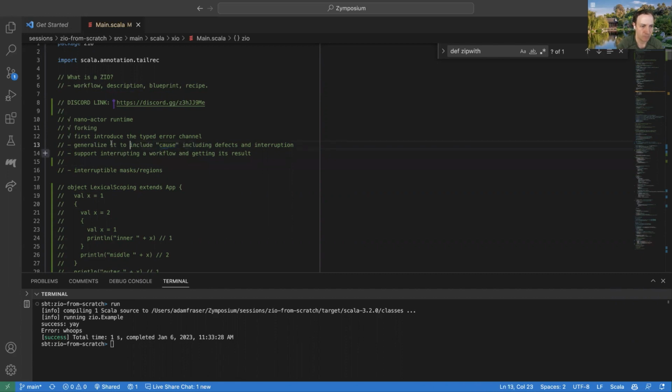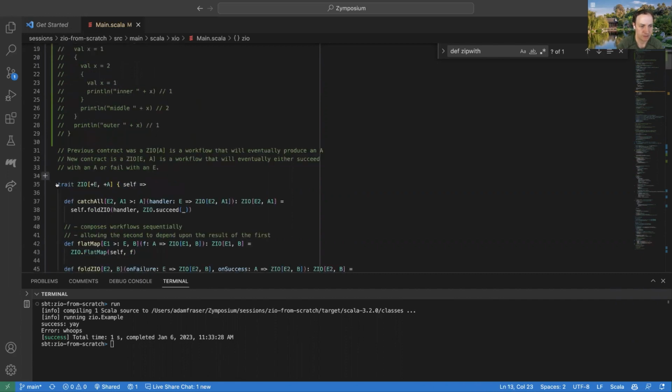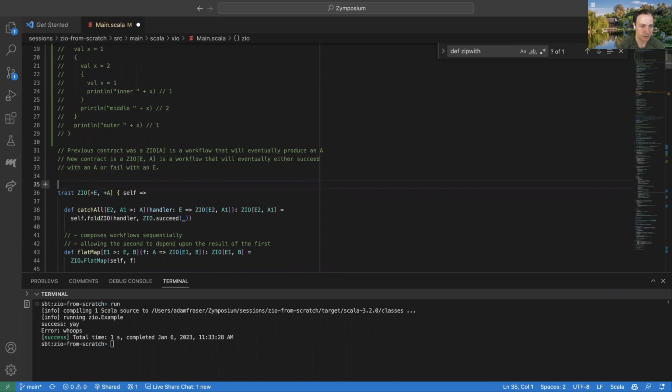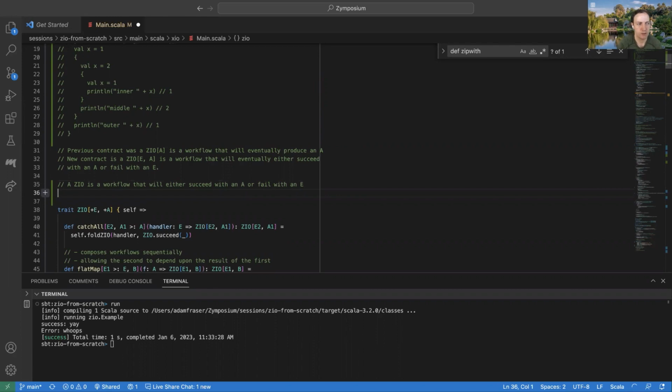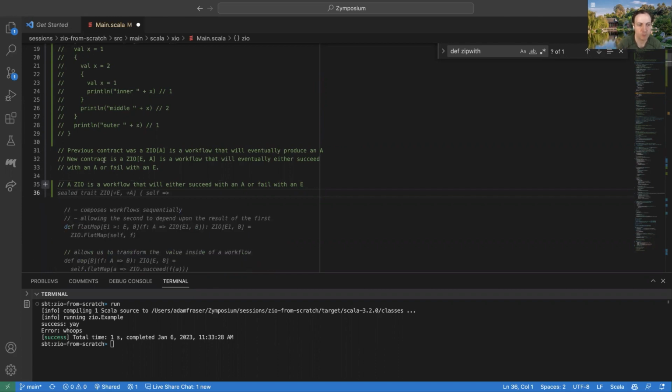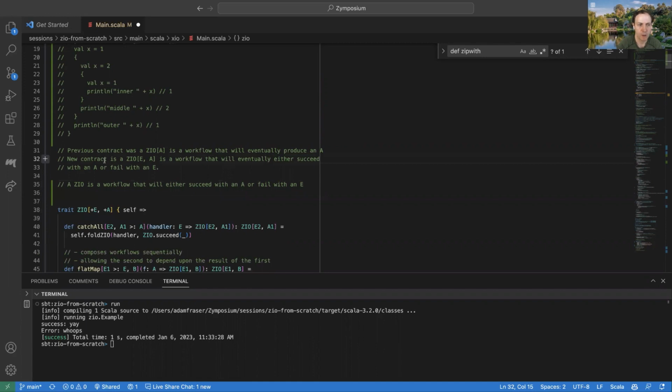The basic problem right now is, if you look at this ZIO, you could say the contract of this thing is that the ZIO is a workflow that will either succeed with an A or fail with an E. And if we want to support interruption, there's this question of, let's say that we interrupt this workflow while it's running. We interrupt the fiber that's doing it. What should the return value of that be?